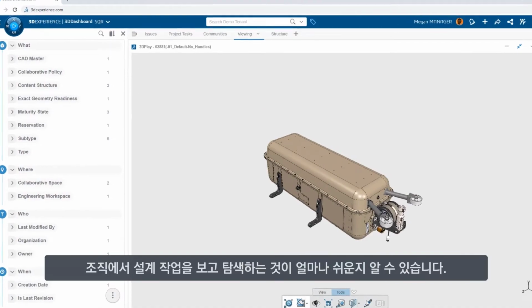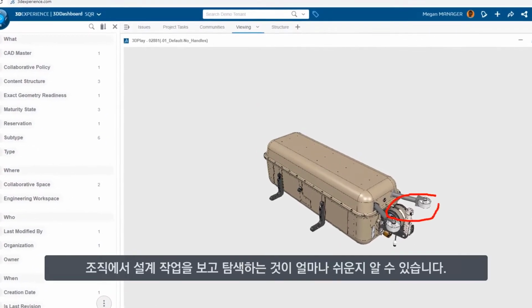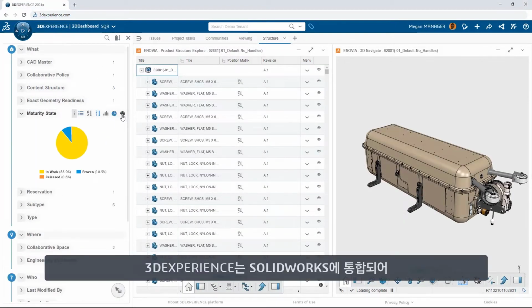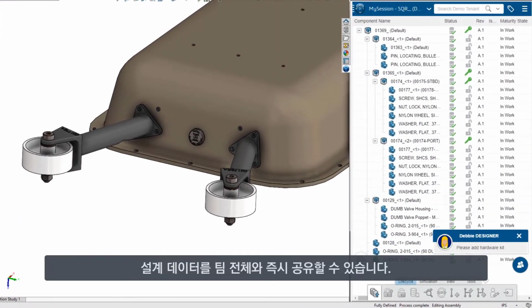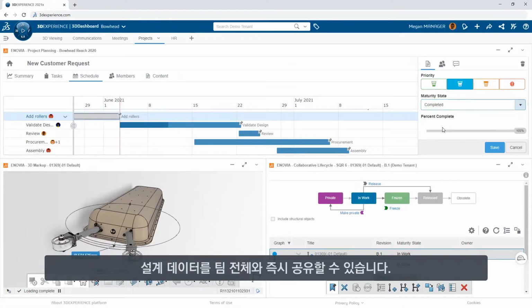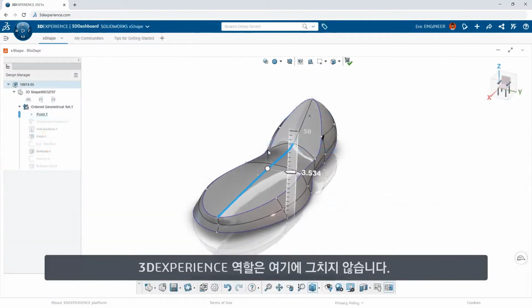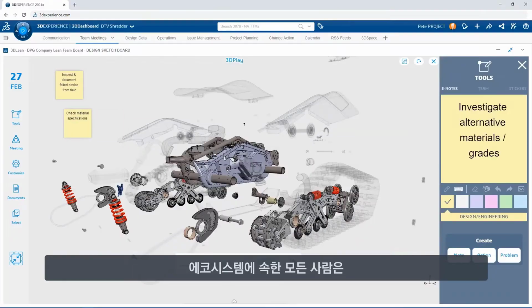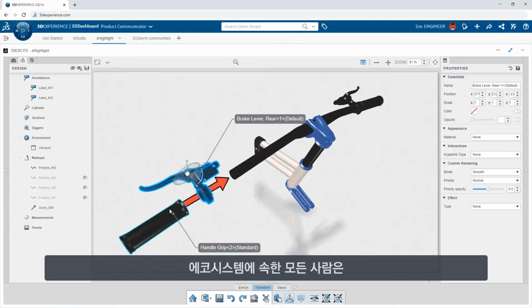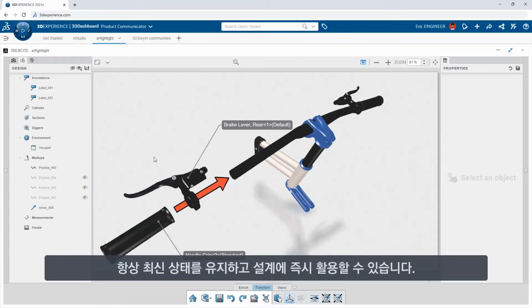How easy is it for your organization to view and explore your design work? 3D Experience is integrated right into SOLIDWORKS, allowing you to immediately share design data across the team and beyond. And it doesn't stop there. Through additional 3D Experience roles, everyone in your ecosystem is apprised of progress, always up to date, and can immediately